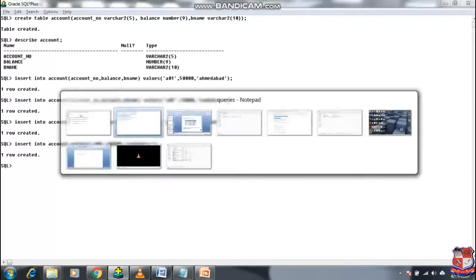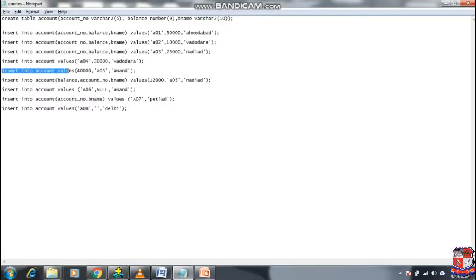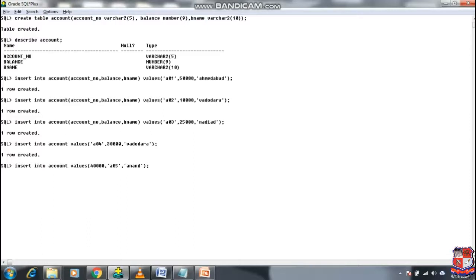Let us check. As you can see, there is an error, invalid number, because the system is trying to insert the number 40,000 into the column account number, which is of data type varchar2, whereas 40,000 is of data type number.